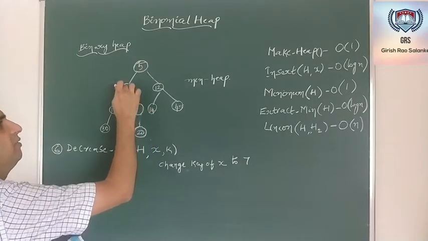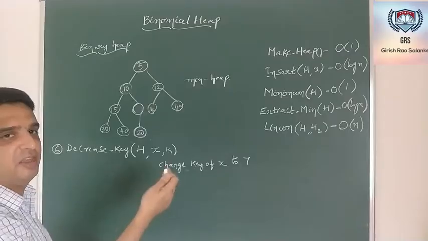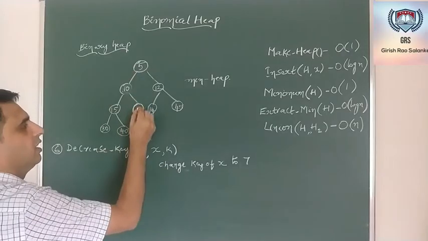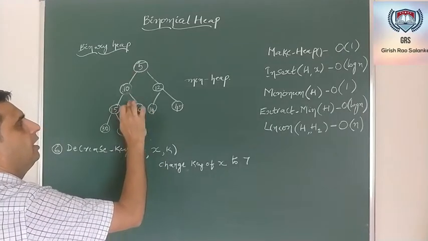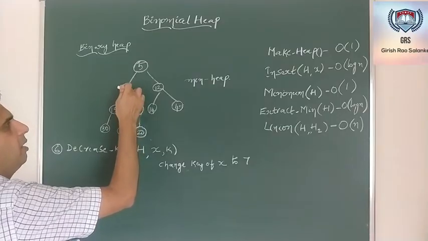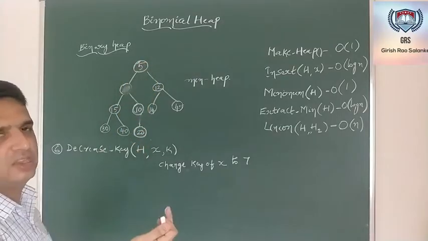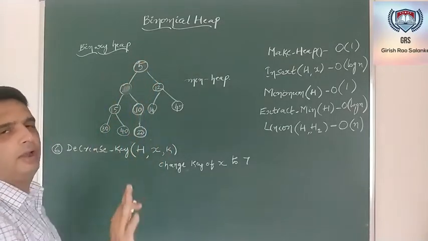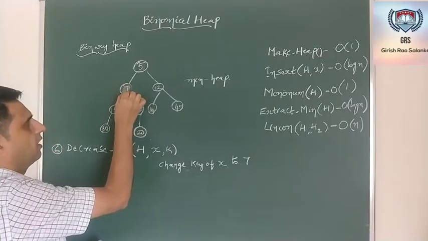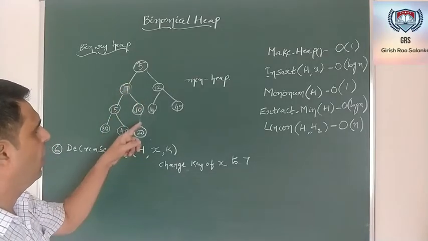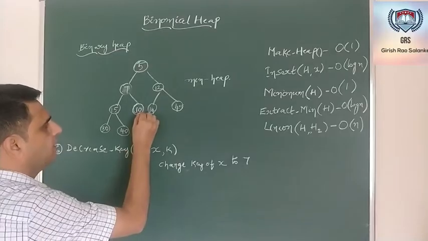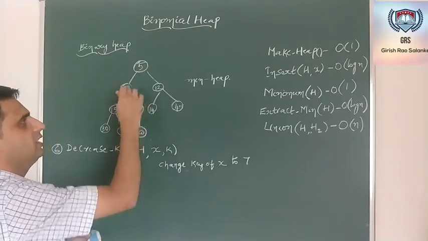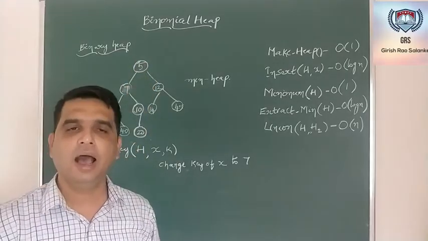Now I will compare 7 with 10, which is less, 7 is less. I need to move 7 further. So 10 will come here. Now I will have 7 here. Now compare 7 with 5, which is less, 5 is less. So the root will not be changed. I will have 7 here. So if you note here, how many comparisons have I done? Even in this case, I have done 3 comparisons, which depends upon the height of the tree.